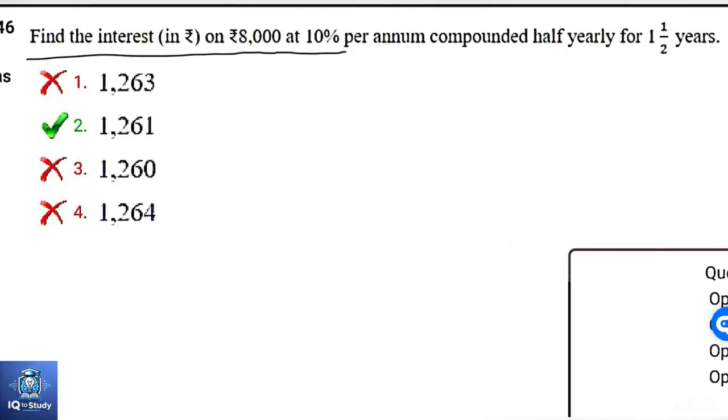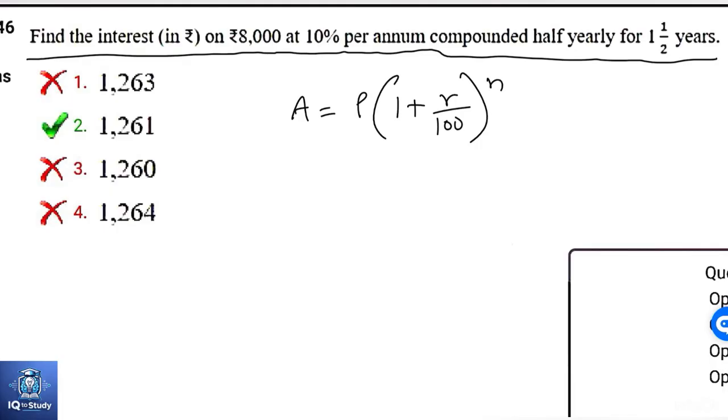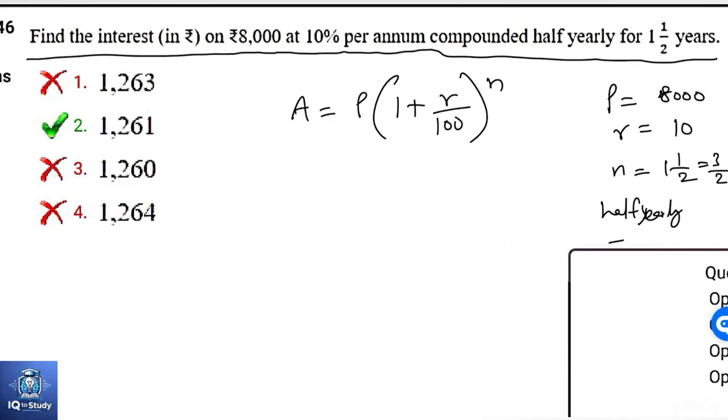Find the interest on 8,000 rupees at 10% per annum compounded half yearly for 1.5 years. We know that amount is equal to P into 1 plus R by 100 whole power n. Here P is 8,000, R is 10 and n is 3 by 2, and half yearly means n is equal to 3 years